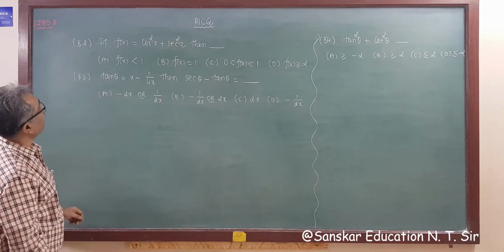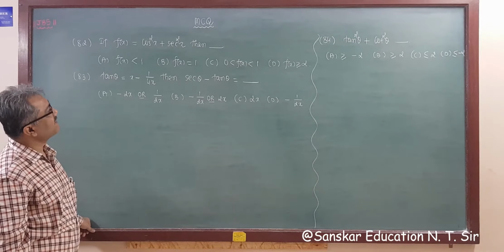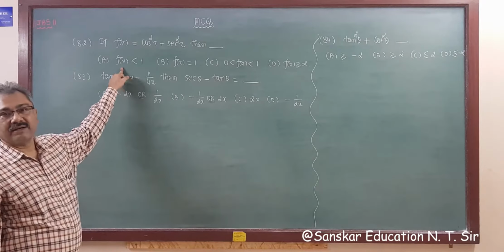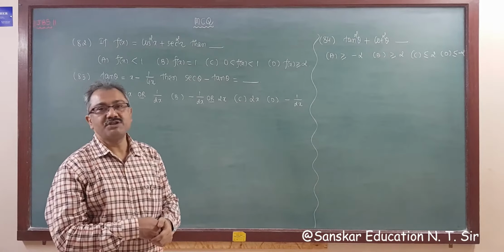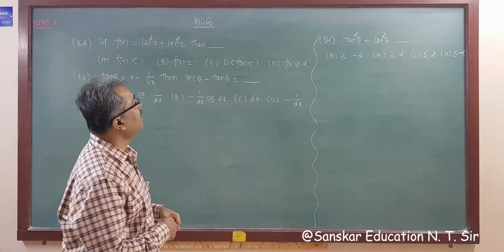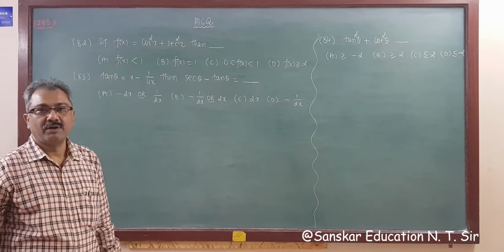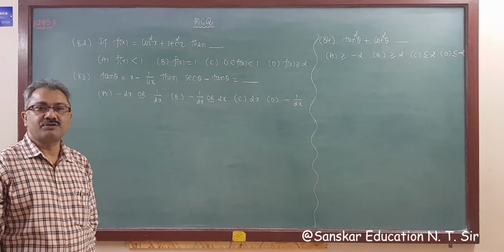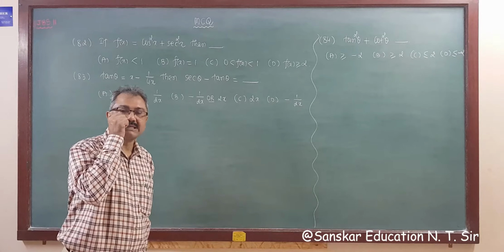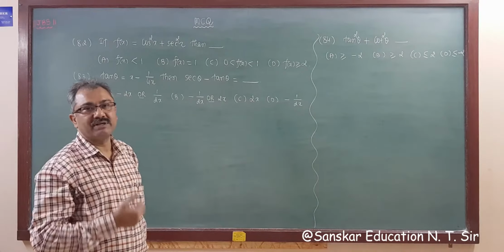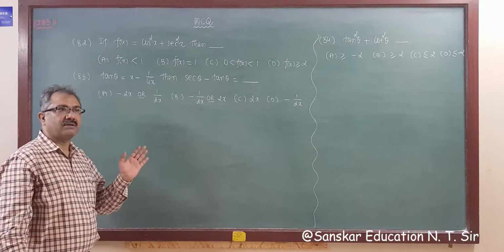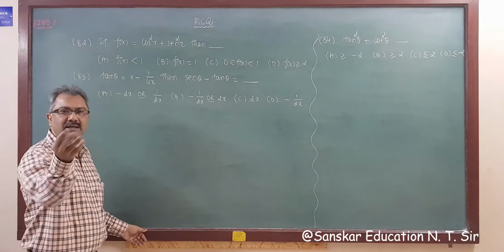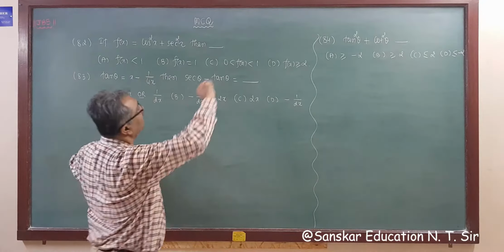Question number 82. If f(x) is equal to cos square x plus sec square x, then the given options are: f(x) less than 1, f(x) equal to 1, 0 less than f(x) less than 1, and f(x) is greater than or equal to 2. We learned, I told you, in our previous classes, that is in a previous video lecture, I think in the beginning lectures, that